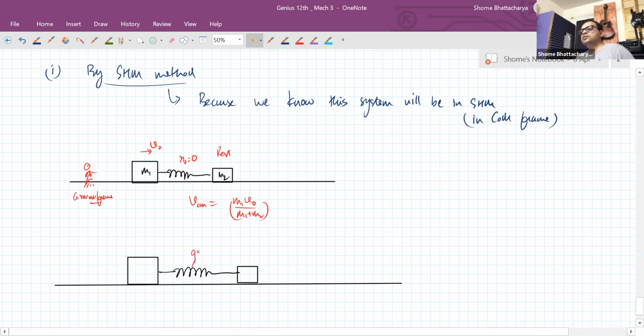So now we are here. We are traveling at V_CM. Okay, so we are in the center of mass frame. So what we will see now, we will see in our frame, this block